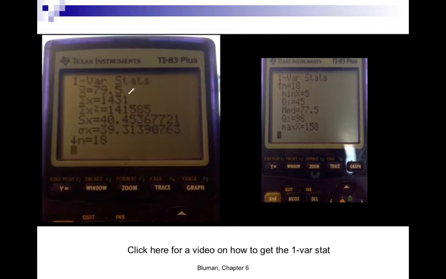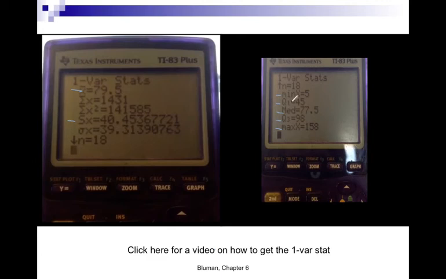Okay. This is your sigma squared, or x-bar squared. Here is your sample standard deviation right here. So we need this. We need this. If you look, this is our sample size. You keep scrolling down and this window shows, here's your minimum. Here's your quartiles. I assume you did box and whisker plots in the first couple of units. Here's Q1, your median, Q3, and your max. That's that